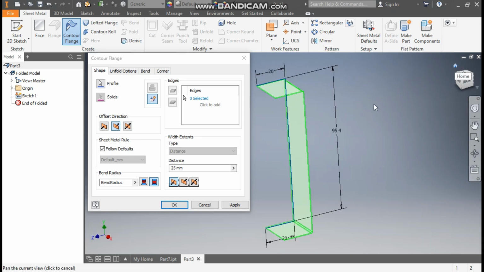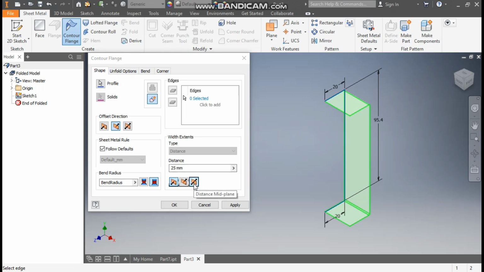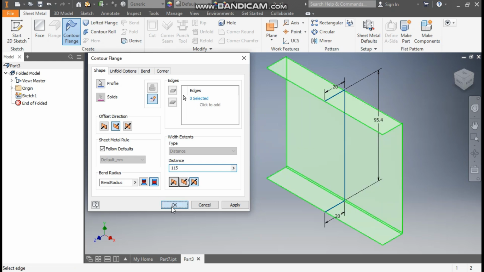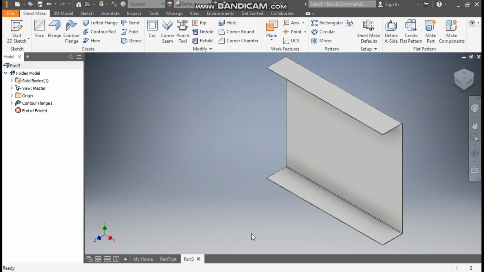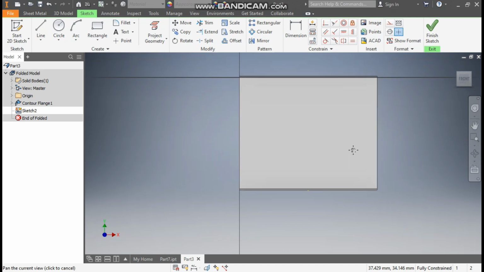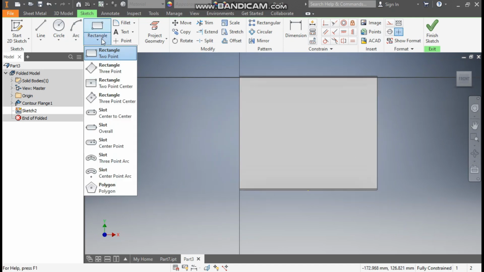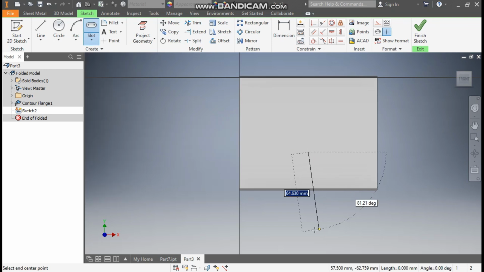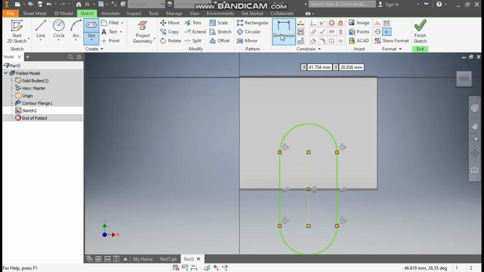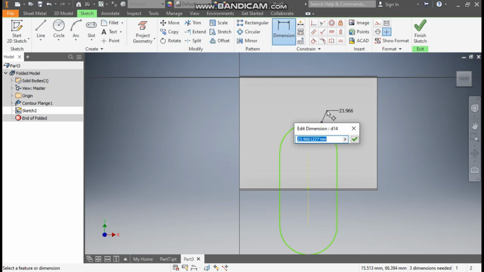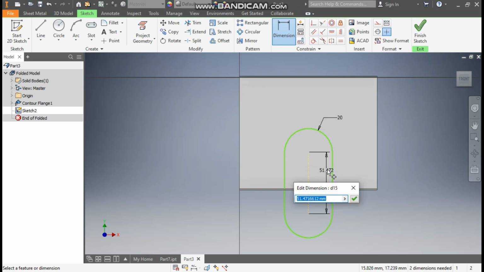You will take home view. Now from here we will take symmetric and take here a distance of 115 mm. Press OK. Now here select this face, go to create sketch and here take the arc command, rectangle command and take center to center slot. Make one slot profile here, go to dimension, define this radius as 20 mm and the center to center distance here will be 40 mm